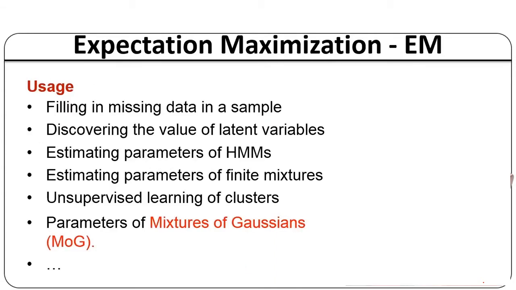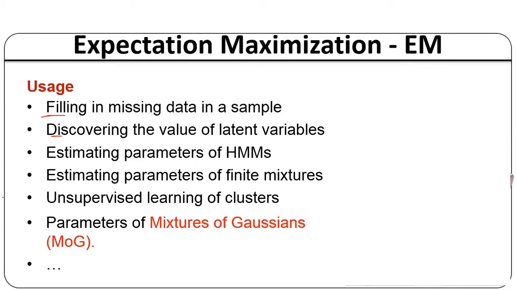Now, what will we be doing in this expectation maximization function, or where can this be used? First one is filling missing values in the sample. Suppose the data is missing somewhere. There are a lot of applications where some data might be missing. The data might not be suited. Whatever data or value is entered might not be suited or might not be compatible. That data will be considered as missing values, and we are going to find out the missing values, and then discover the value of the latent variables. Latent variables, again, are the hidden values or the missing values.